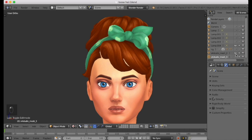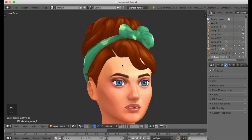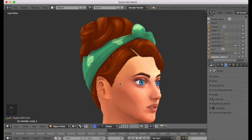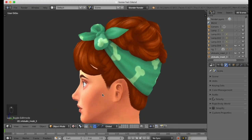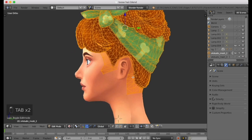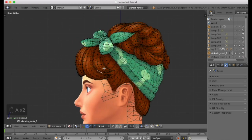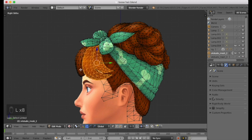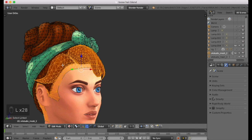Do I want to keep the hairline? Let me just see. Well, at least the yeah. And I'll keep this just for now on the side as well, just in case. So Studio Mesh 2, let's tab into edit mode, and let's delete everything and go from the bangs, I guess, because that would be less